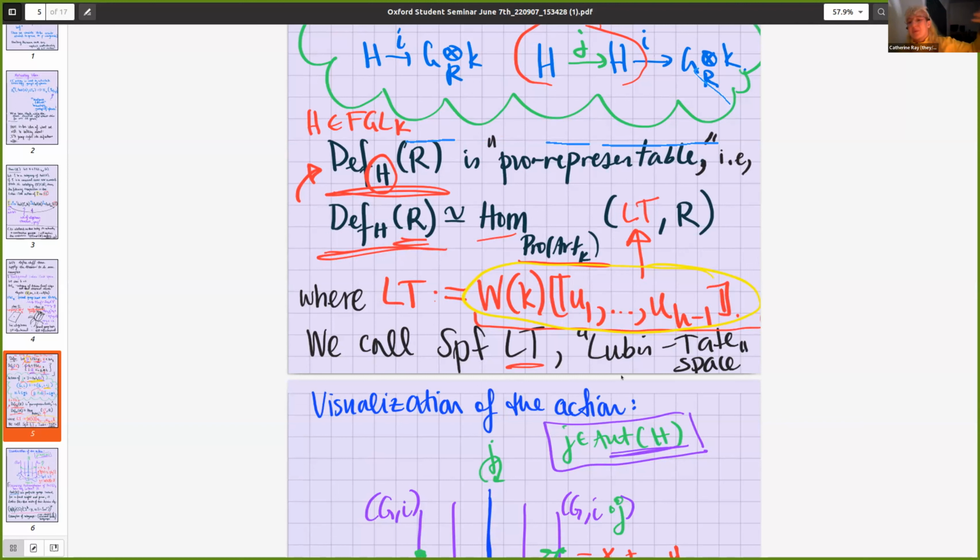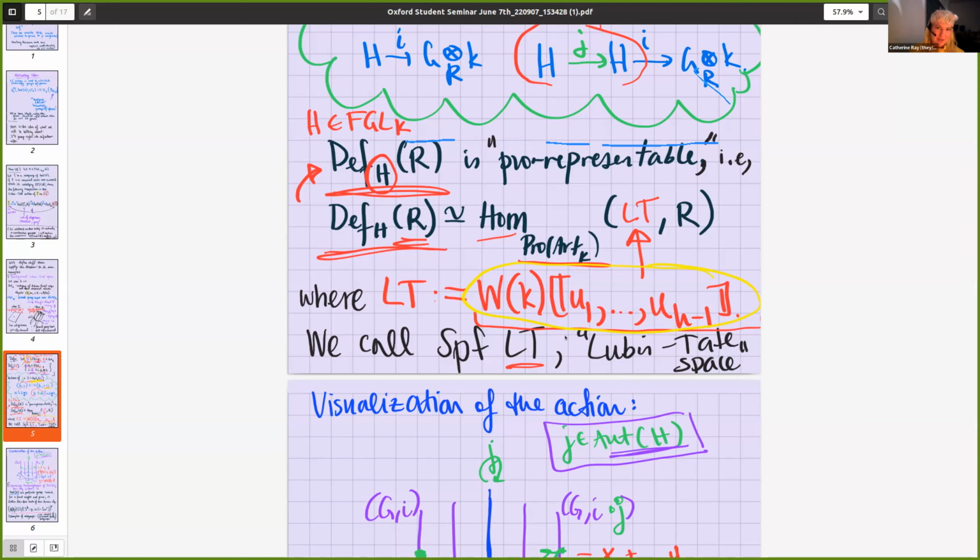But unfortunately, Spec doesn't behave well with respect to limits. And so we have to instead consider something that does behave well with respect to limits. And this is called the formal spectrum. The formalness is just coming from the fact that taking the limit outside of Spec doesn't commute. And this turns out to be the appropriate kind of colimit in schemes.